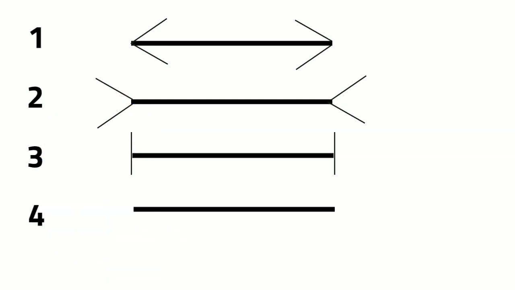Now, the lines 1 and 3 appear shorter due to the visual obstruction because the obstructions are limiting the eye's